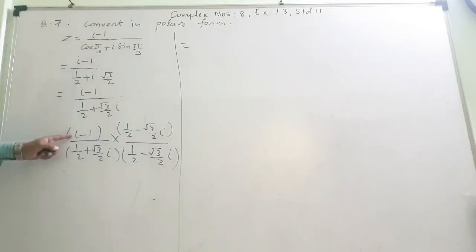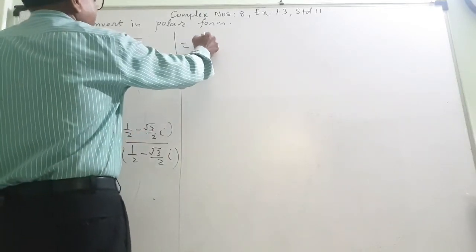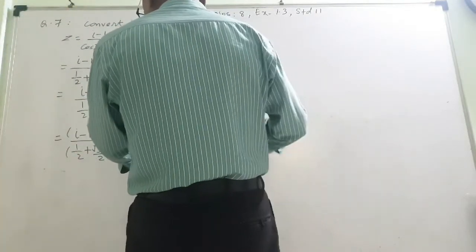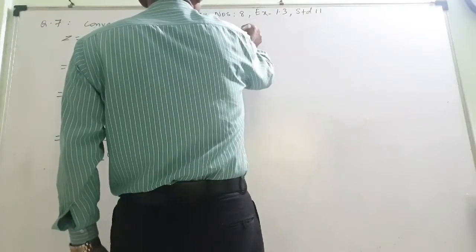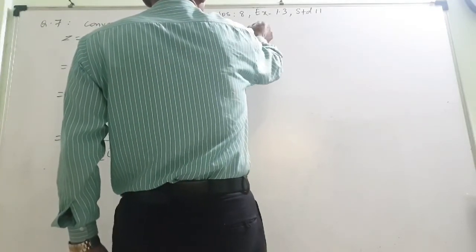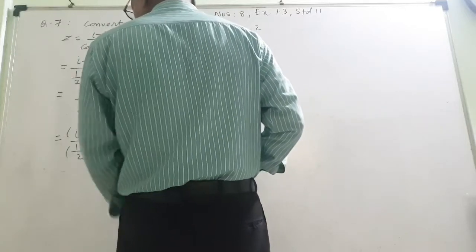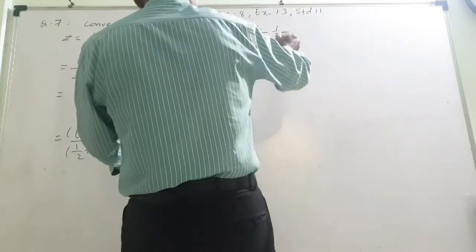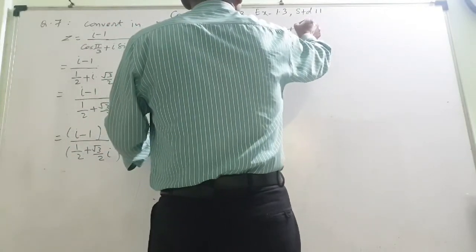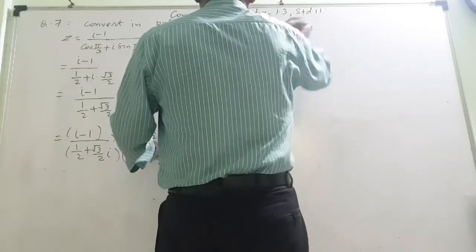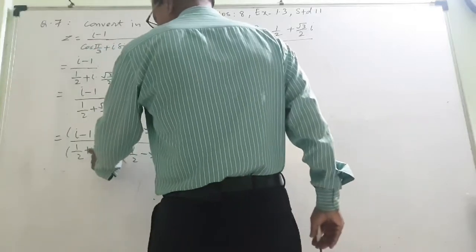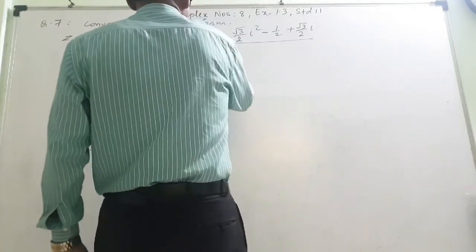Okay. So by i I will multiply throughout. i into half is 1 upon 2i. i into this will be minus root 3 upon 2 i square. i into i is i square. Now by minus 1, minus half. This minus minus becomes plus root 3 upon 2 and i upon. Now this is (a plus b)(a minus b), a square minus b square.